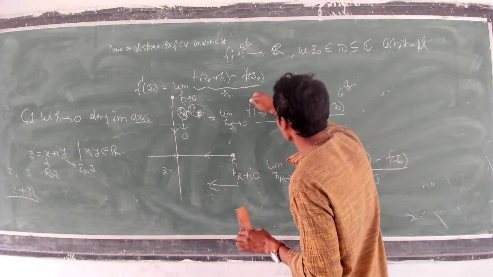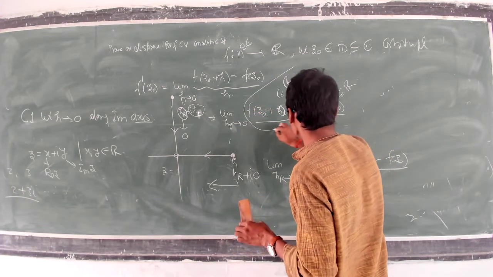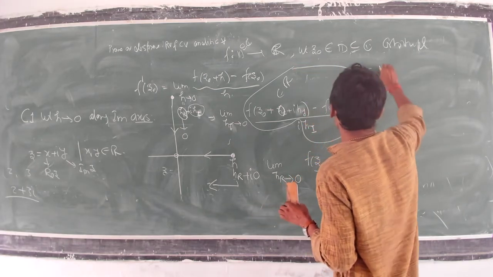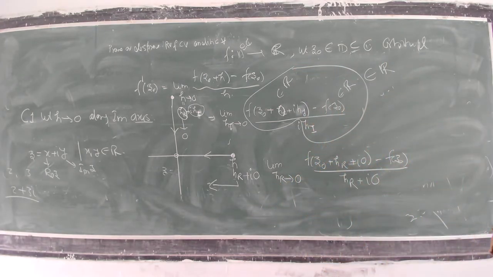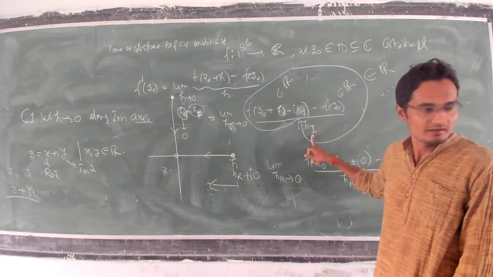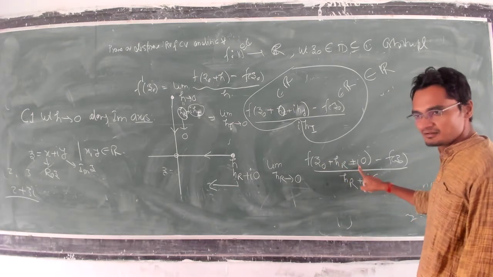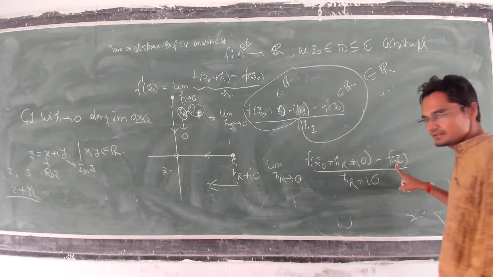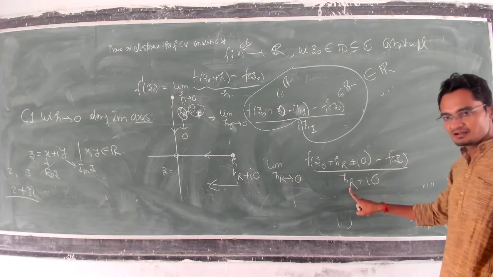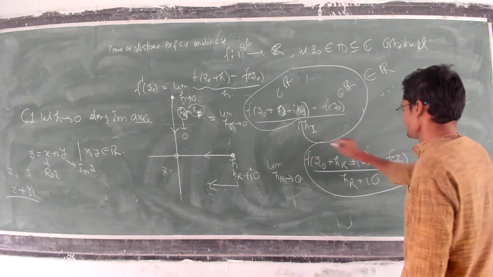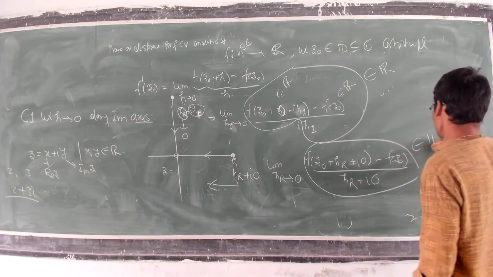So what I am telling you, if you remember, this belongs to R, yes or no? Yes, sir. Right? This is real, this is real, this is real, except this number. Come here. This is real, this is real, this is real, this already has gone because of 0. This whole belongs to R, correct?